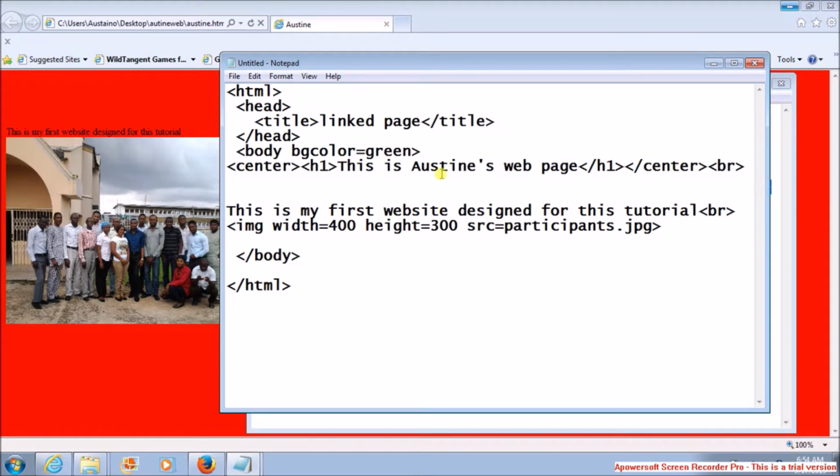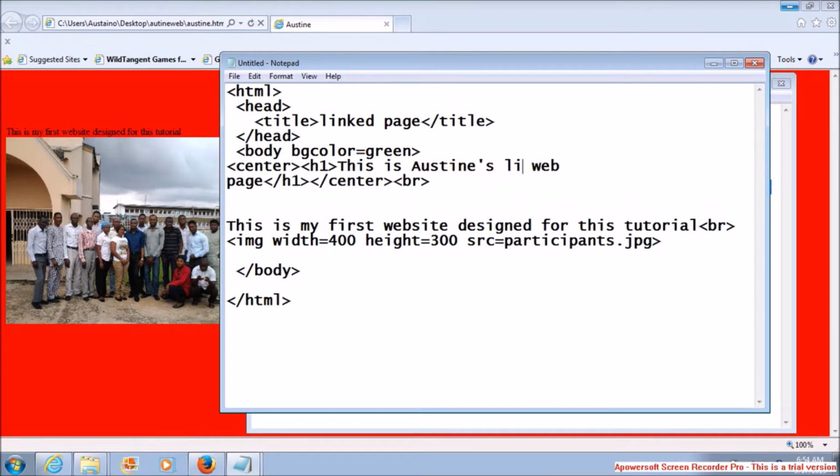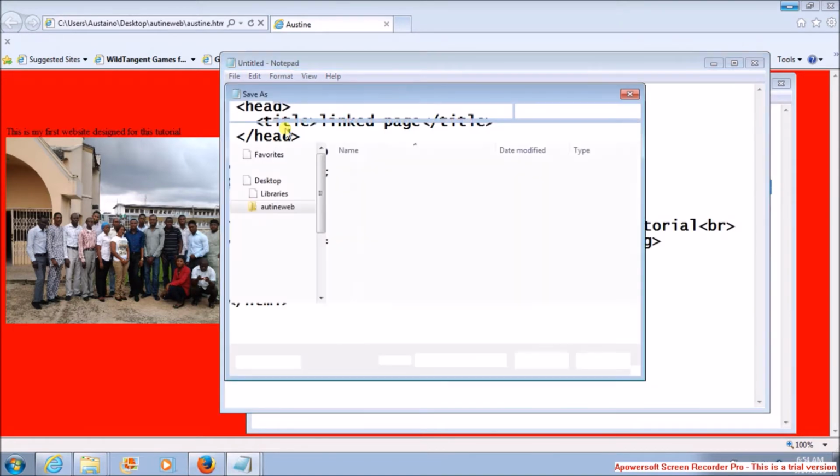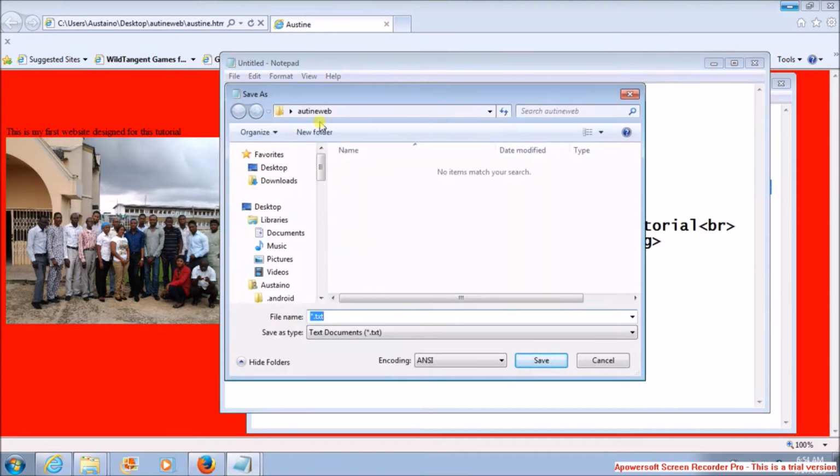Instead of having this is Austin's work page, let's have this is Austin's linked web page. Okay, so we'll quickly save this. Like I told you, everything you're saving now, make sure that the directory is in Austin web. So this is the second page. We are going to name it, say, linked